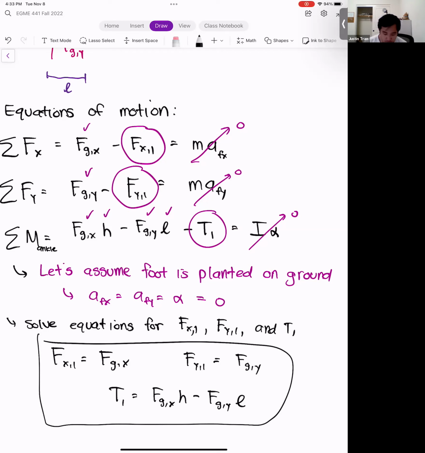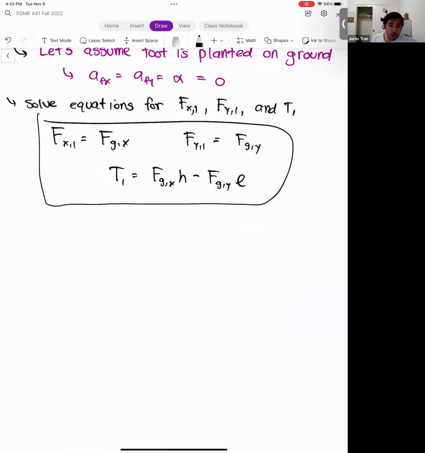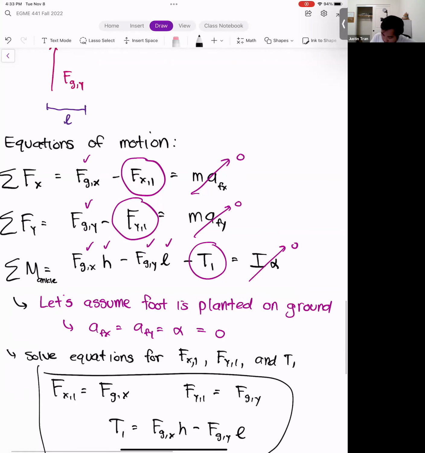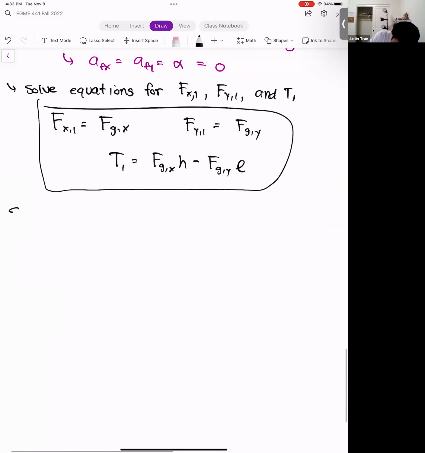Okay. All right, so we started with a fairly easy one. Even though this is a dynamics analysis, we started with a segment that was actually stationary, but now we're actually going to factor motion into this. Moving up from the ankle, we're going to move to the next body segment, which is the shank or the lower leg. All right, so let's go ahead and draw a free body diagram of the shank.